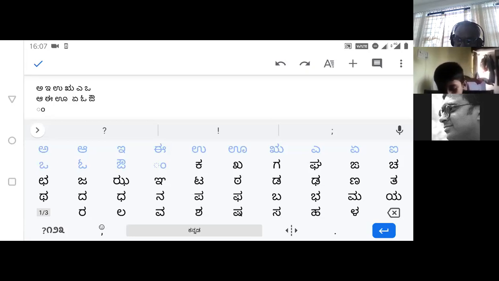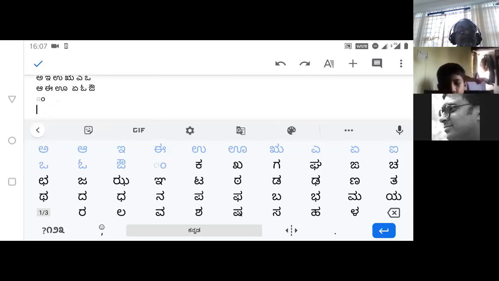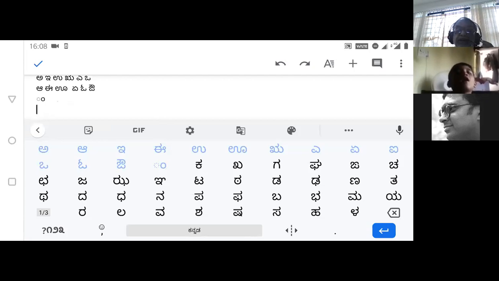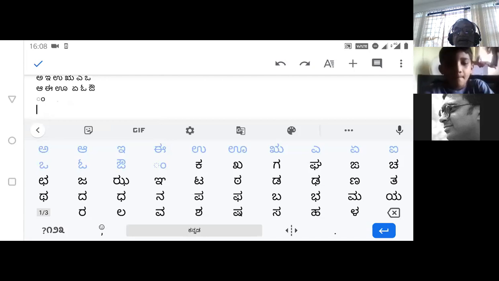Now, on top of that, you have these so-called Vyanjana letters. Kha, kha, ga, ga. We saw them yesterday. The way it is presented is actually not quite right.